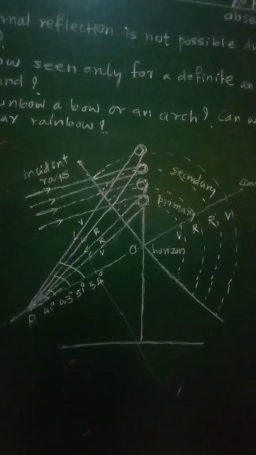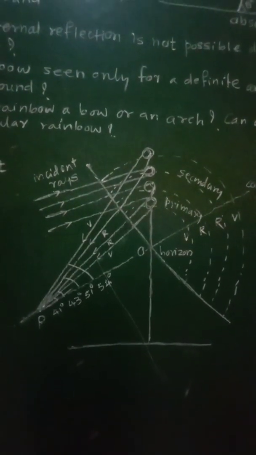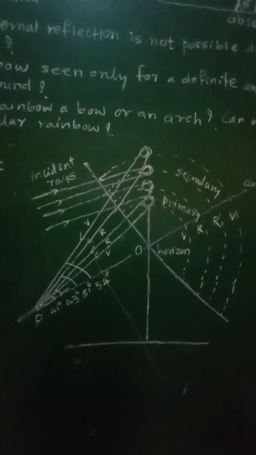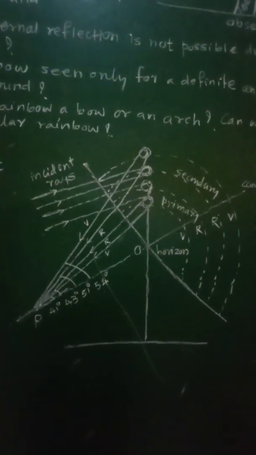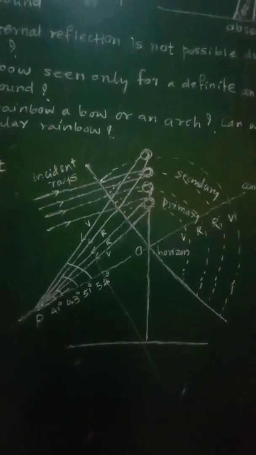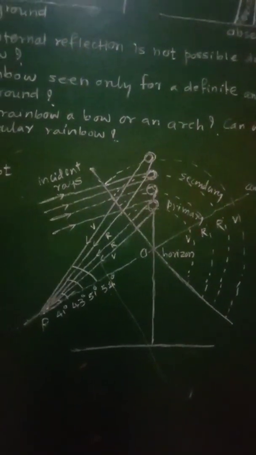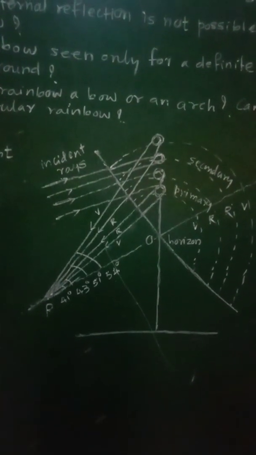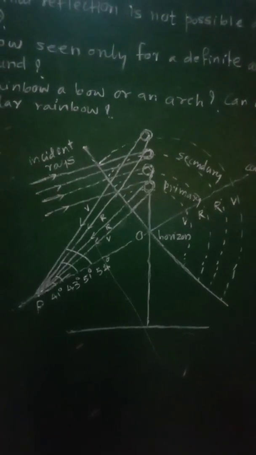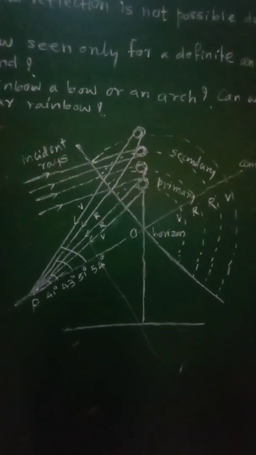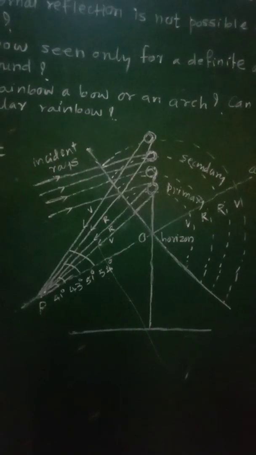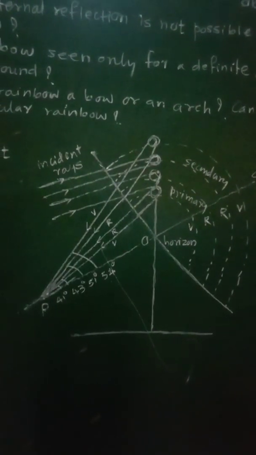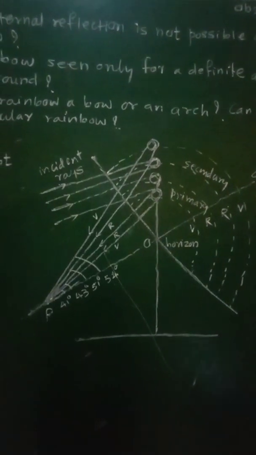Thus the rainbows are observed during mornings as well as evenings in the form of arches. So in the form of arches, these rainbows will be observed at mornings and evenings without total internal reflection. There will be no total internal reflection, but only simple internal reflection inside the water drops, and big water drops are required for the formation of these rainbows.